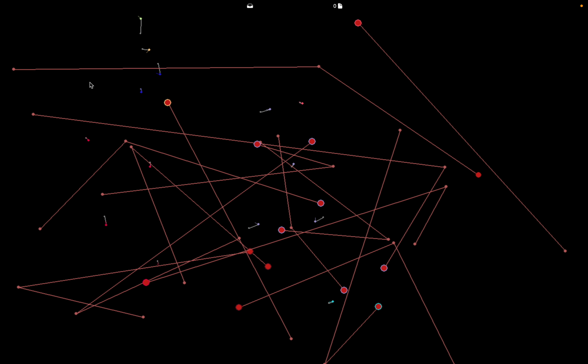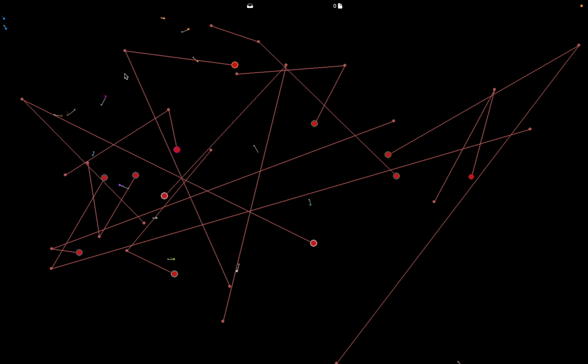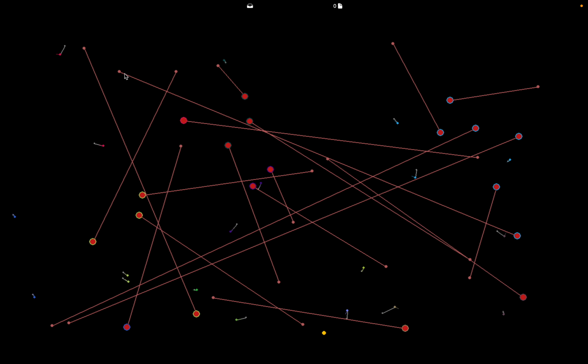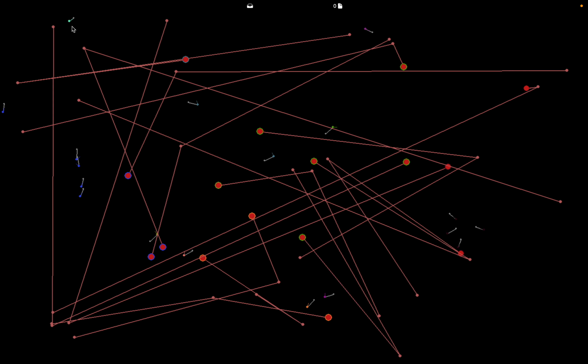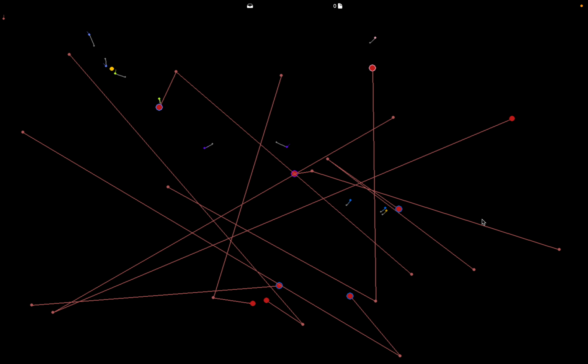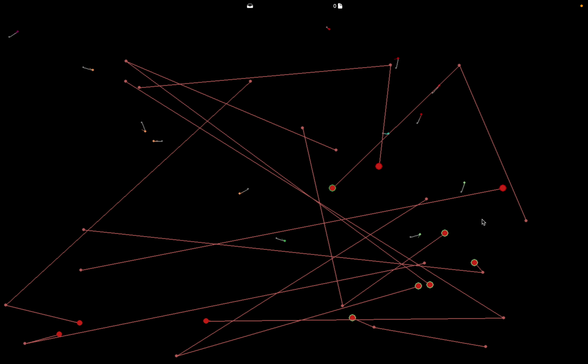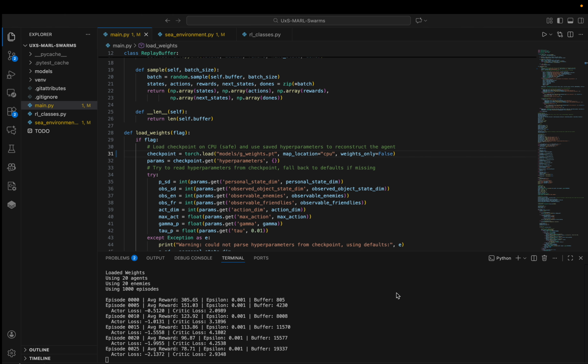Now, we can see some part of this network is collapsing to the top left. I think it's just because I've simulated a low observation distance. So when we have a small mesh like we do up here, this guy doesn't see any targets potentially, and that's why he would go up there. But yeah, that's kind of weird behavior that I need to fix, but still pretty cool stuff. So for the most part,